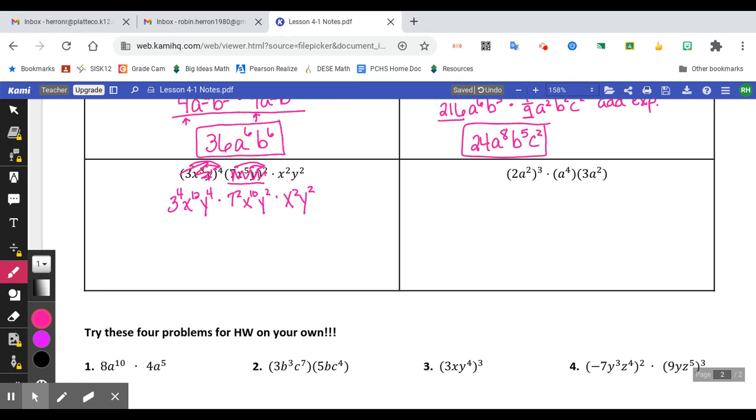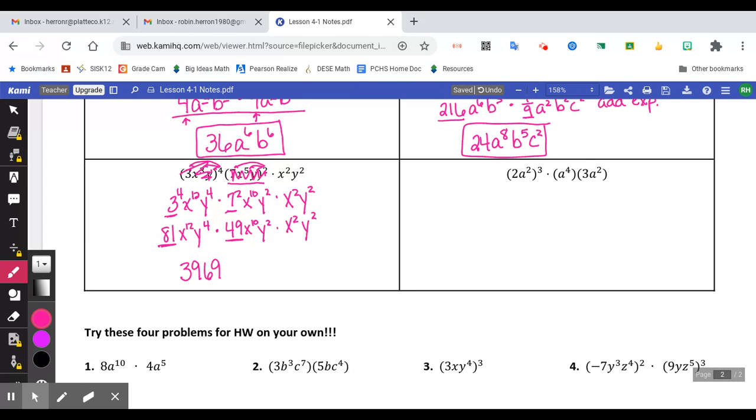Now, this is a multiplication problem all the way across. We have 2 coefficients that need to be solved first. So let's take care of that before we get started. 3 to the 4th is 81, x to the 12th, y to the 4th. Times 7 squared is 49, x to the 10th, y squared. And then again, x squared, y squared stays the same. So the only 2 coefficients here are 81 times 49. And that gives us